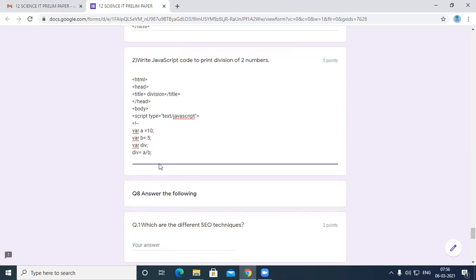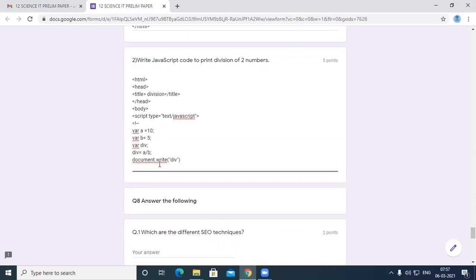Hope you understand. That is document.write in the bracket, inverted commas, div, and this is the coding. Some part of it will not be exact.